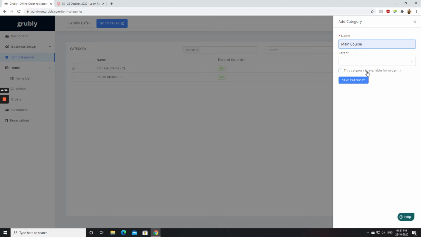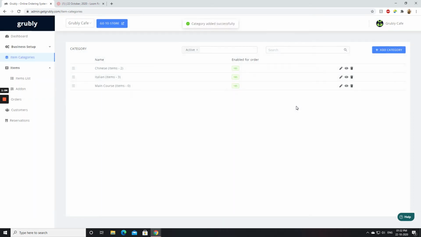The next option is whether you want to make it available or not. Making a category available means making it live on your site, and it will show up whenever someone visits your website. And finally, we have the parent option. By selecting a parent for your category, you're effectively making it a subcategory. If it's a bit confusing, don't worry. Soon its function will be much clearer. When you're done, just click Save Category.